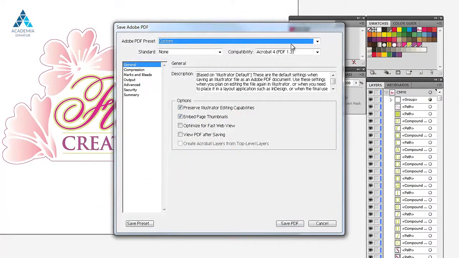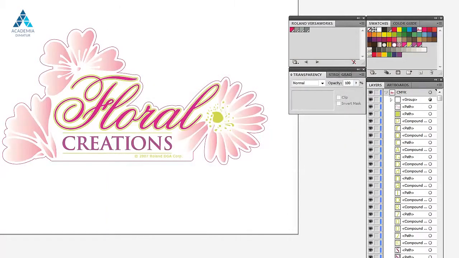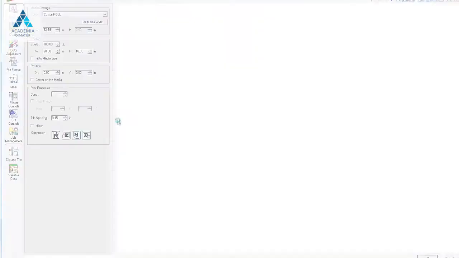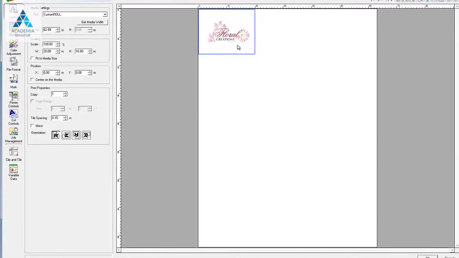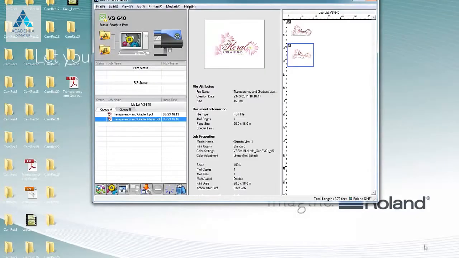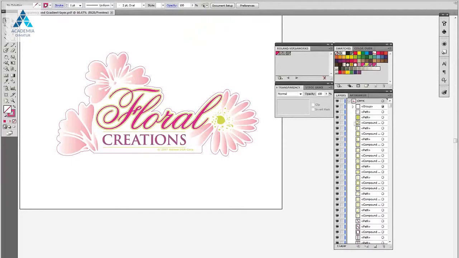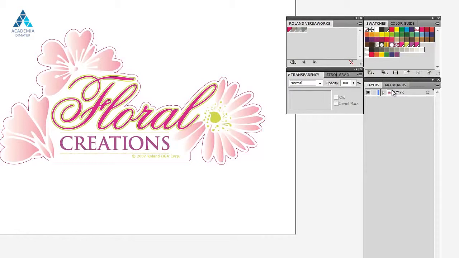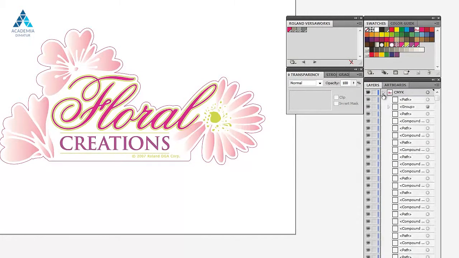and we try to employ the Adobe PDF 1.3 format, which flattens transparencies, this file will also give us a problem because of the layer or the object order. So if we double click on it, the cut line does not show up. And if we go back to Illustrator and place the cut line in the object order or the sub order of this layer,